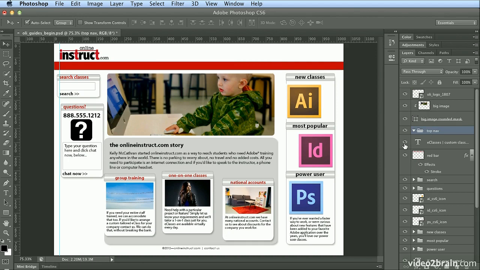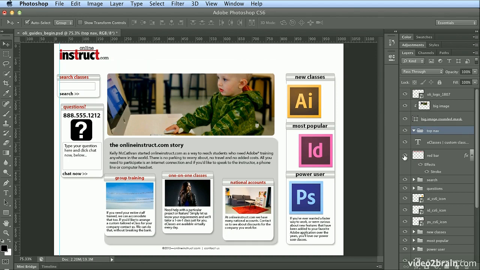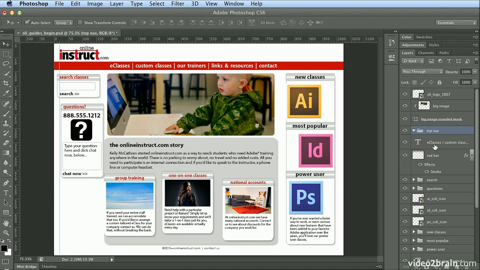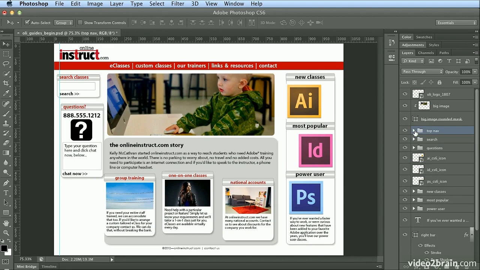So this is the navigation, this is the red bar, and I will click and hold down Shift and click on red bar to select both. And then I'll drag and drop them into Top Nav, and now I can collapse it to make it easier to see. I'll notice that the search is also off of my guide, so I'm going to zoom back in,